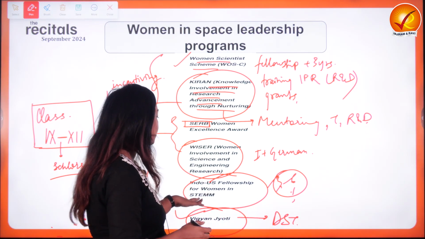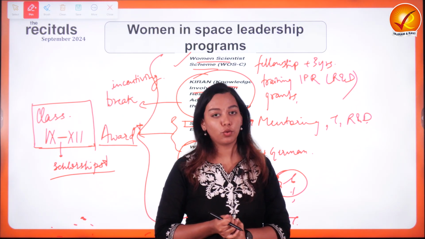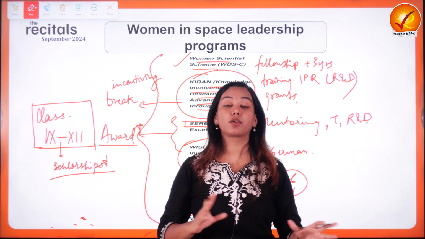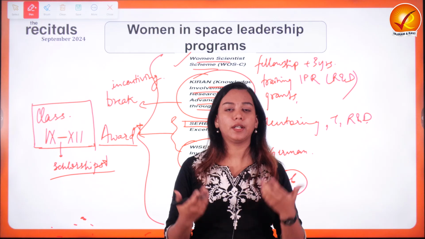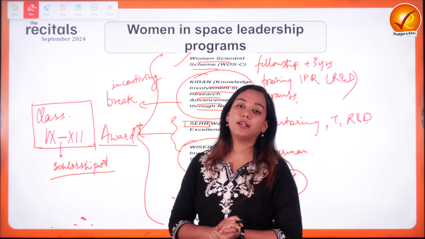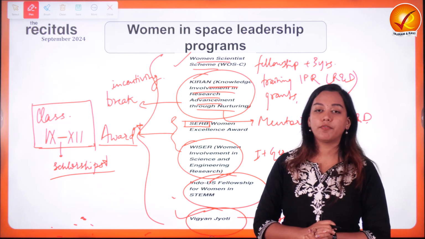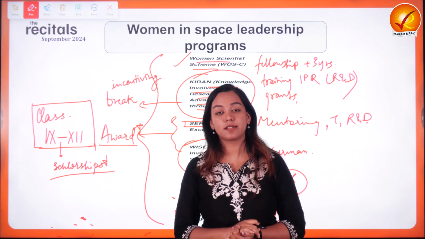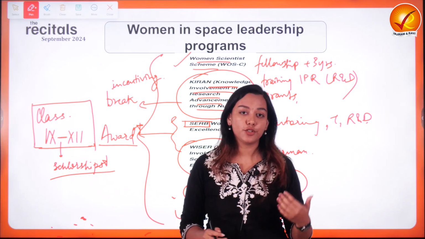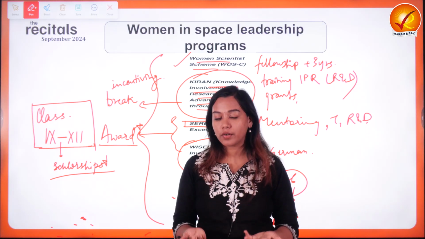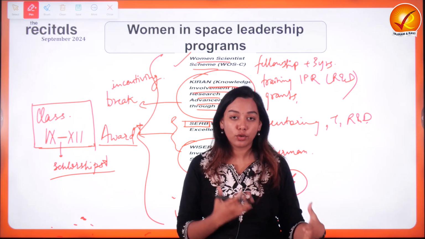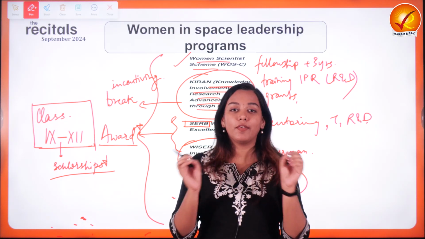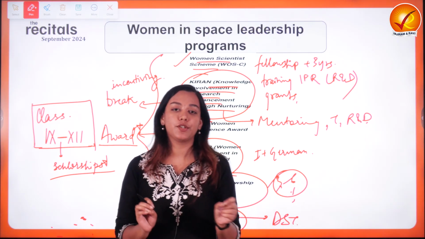So these are the existing schemes in place, but of course, we've got a long way to go in order to enhance STEM penetration across all genders, not just women, not just in the country, but across the world. But more importantly, for a very underutilized women force of India, so that we can create more scientists like Kadambini Ganguly, Anandibhai Joshi, Janki Ammal. If you have not read about them, kindly read about them and try to include them in your answers, so that you seem more gender aware about the STEM fields and the STEM achievements of India.